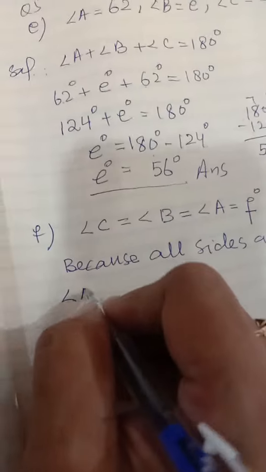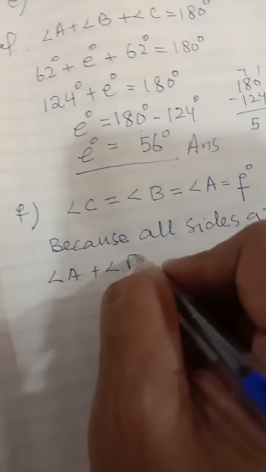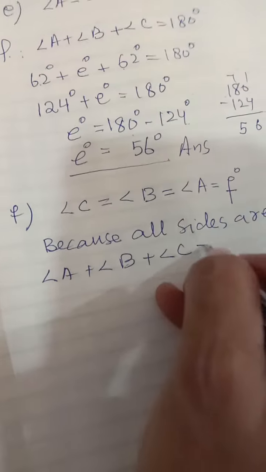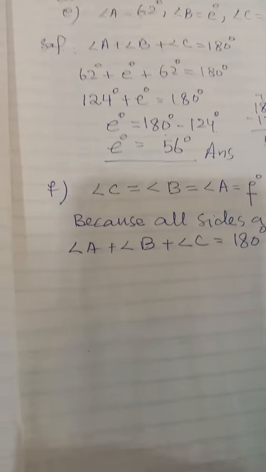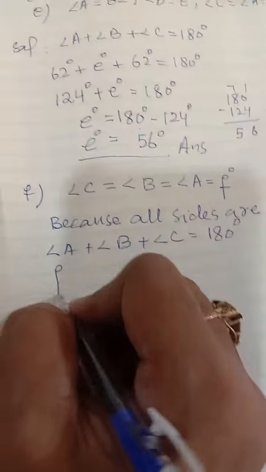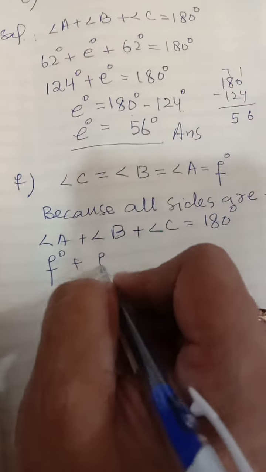That's why we can write angle A plus angle B plus angle C is equal to 180 degree. Okay. So A is F, angle B is F